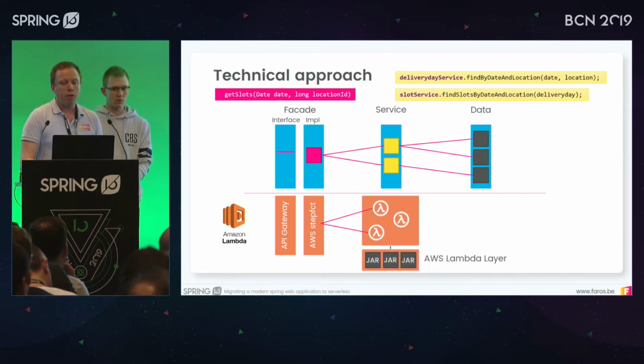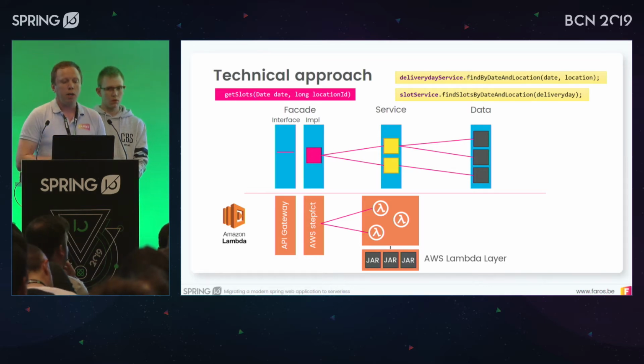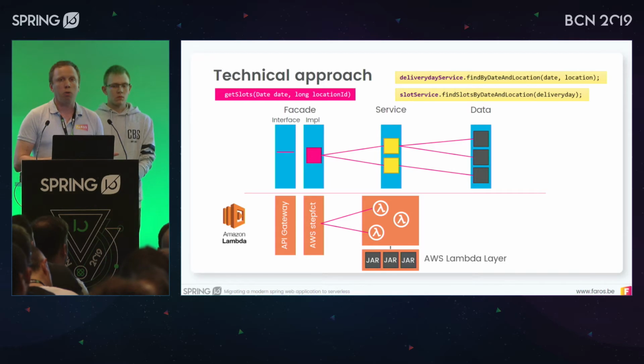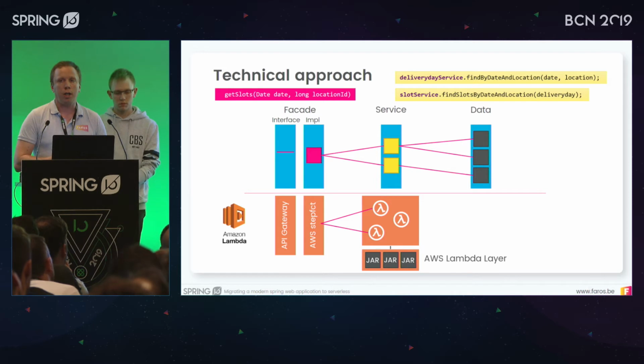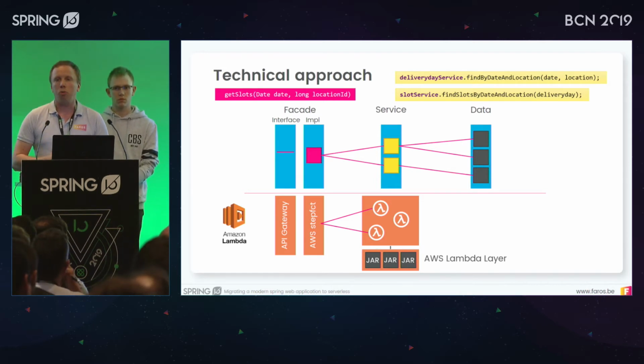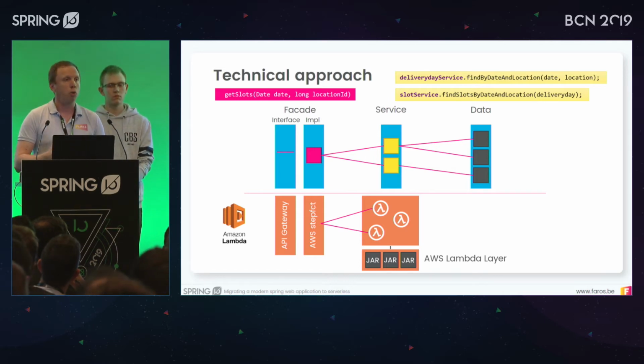And then, of course, we have our data layer. And for the data layer, you have multiple options there. You could say we're going to use lambdas for that also. But we decided, in fact, to package the data layer in one or multiple jars, one for each repository that we had, and make that available as a library towards our functions, using the AWS layer functionality. That way we can have a central location where we can share common libraries with our lambdas.